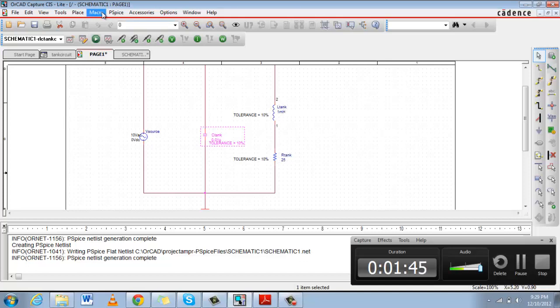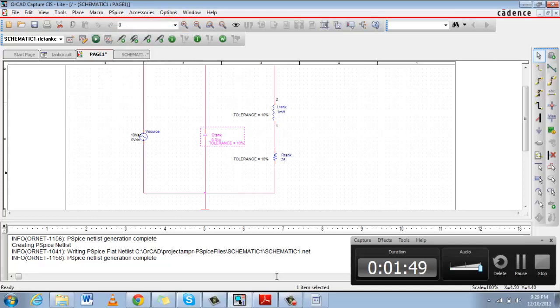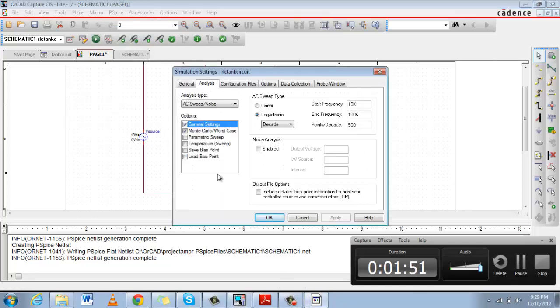And coming to the simulation settings, AC sweep and noise is selected with the logarithmic type, start frequency of 10 kilohertz and end frequency of 100 kilohertz, with points per decade of 500.